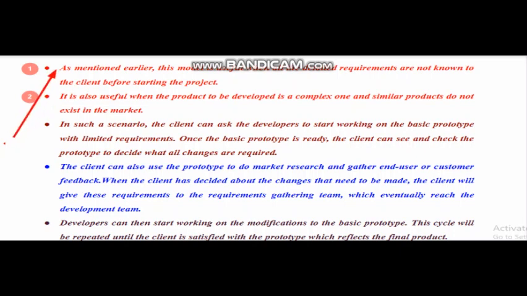First, when we have minimum requirements and it is at the beginning stage, and secondly, when the software is complex and entirely new in the market. During that situation also we go for the prototype model. These are the two aspects where we exactly go for the prototype model.